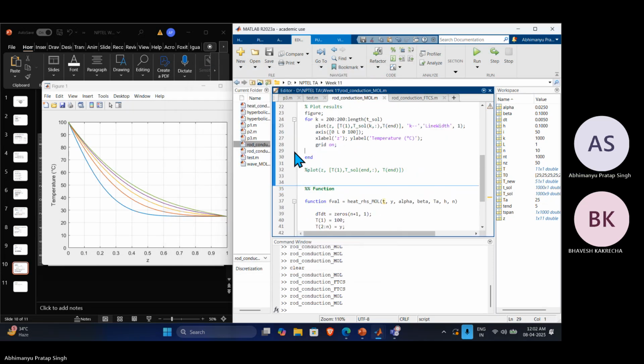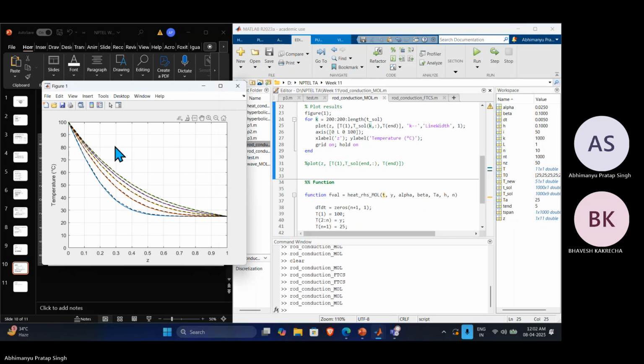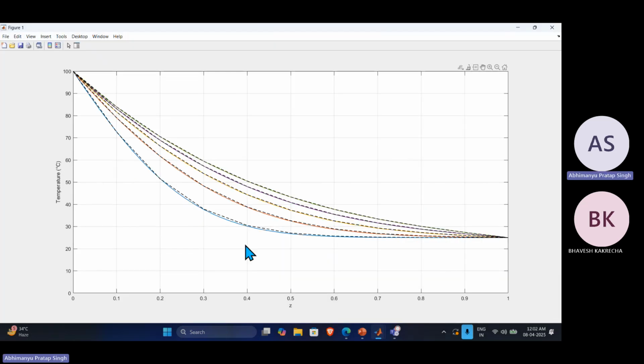Hold on, plot it on the figure. Yeah, I hope you can see the screen. Yes, sir. Yeah, so you can see